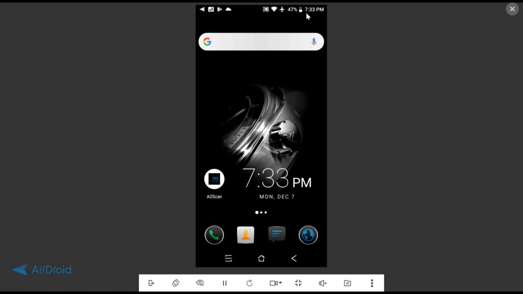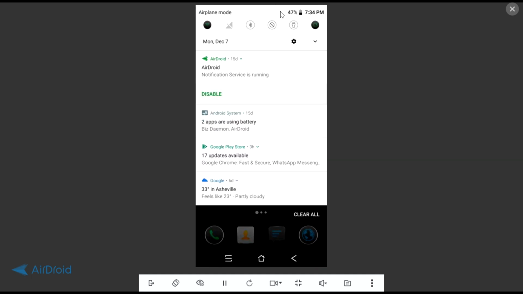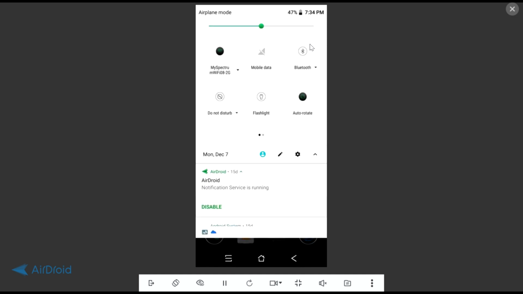And at the top here, this can sometimes look very similar in terms of Android type of buttons, even if you have a tablet. If you take your finger and you drag it down from the top, these open up different settings, okay? And see this little arrow down here too? Click that there. One thing we want to make sure is before you try to launch your Aoscan mobile software